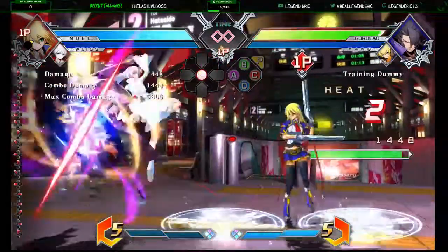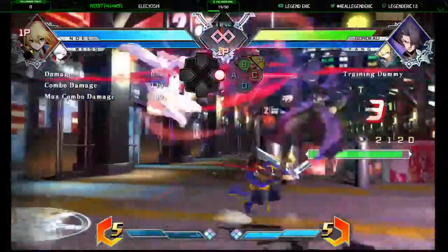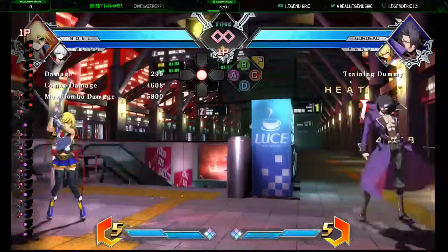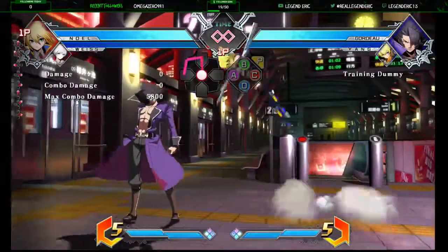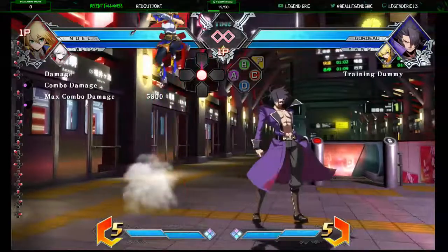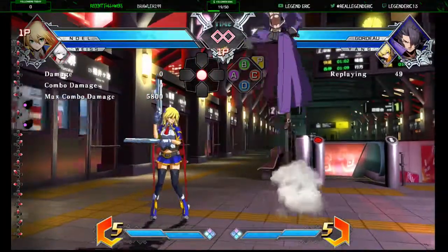Unless you go right here and then jump cancel. You want to do a jump cancel to a C. Just a C. And that's pretty much just a basic version. It's good for people that jump. So anyone that jumps, I'm going to show you. So I'm going to just do that, and then